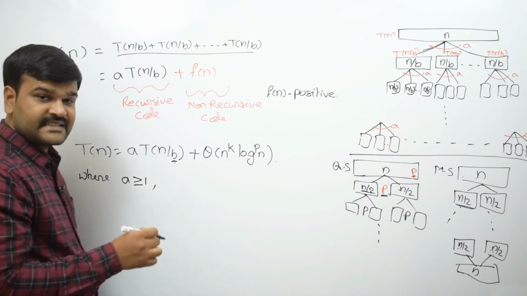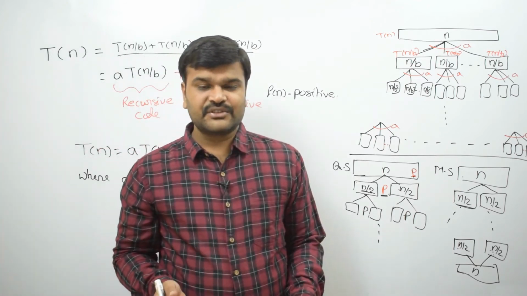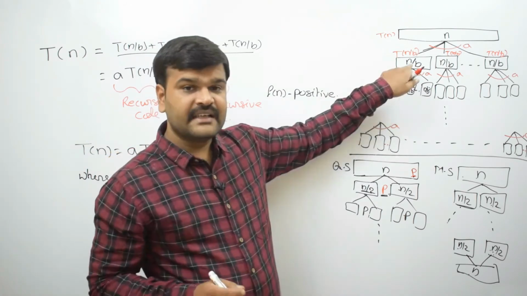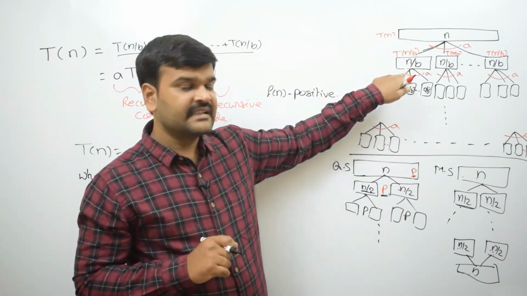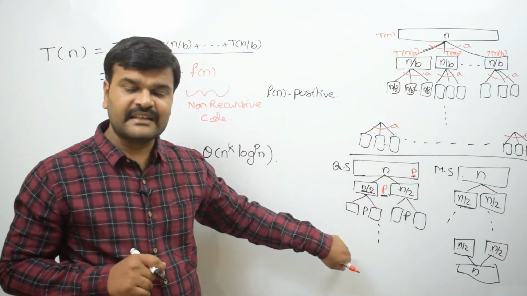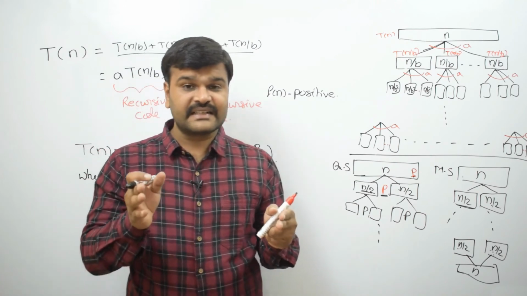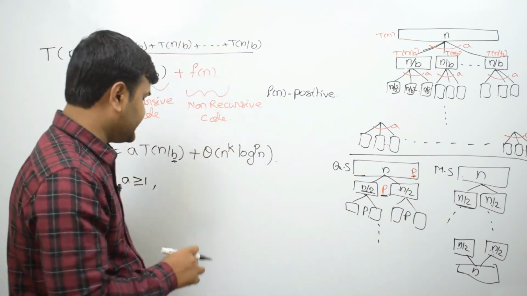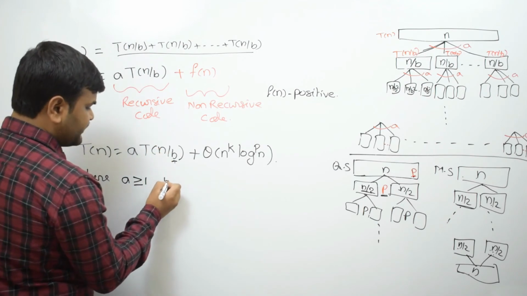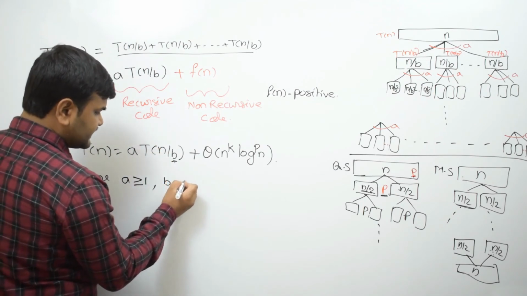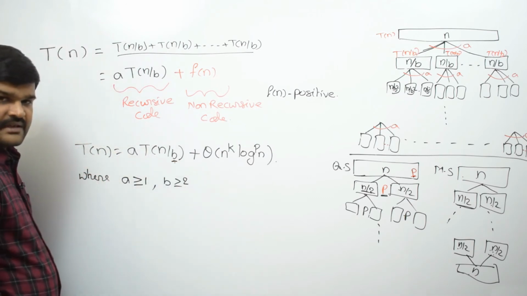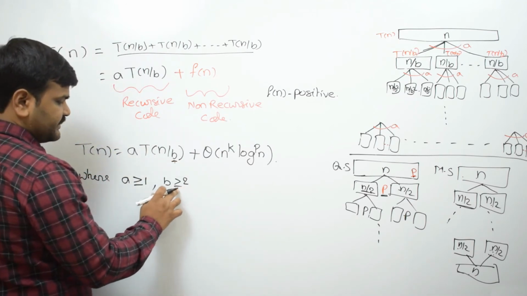So input size is not varying actually. So that will lead to theoretically infinite calls, right? Every time the size is not changing. So here n, here also n, here also n, everywhere it is n. So where is the end for that recursive call? That is why b should not be 1. It may be at least 2, or greater than or equal to 2. Okay, so that is what b is.